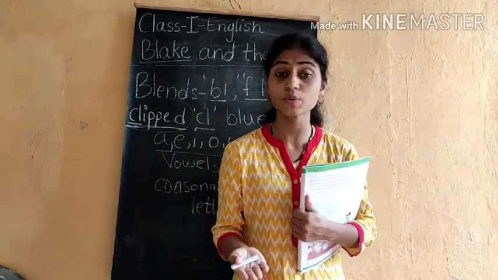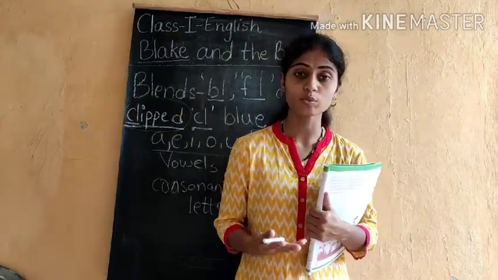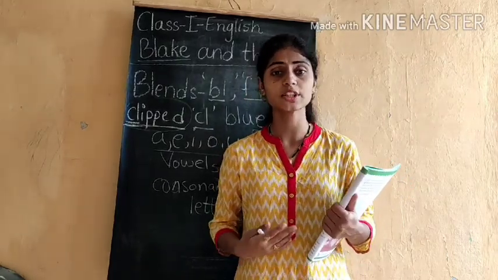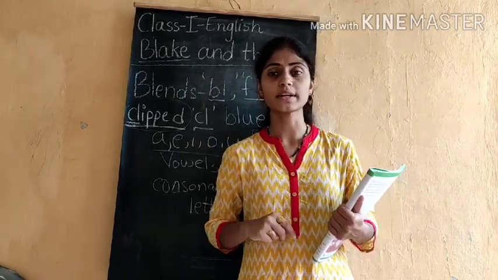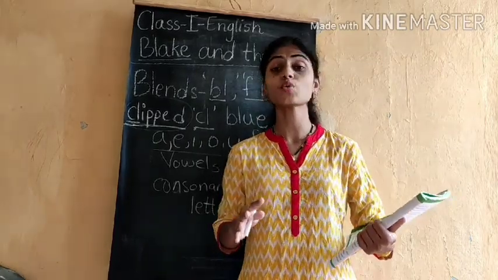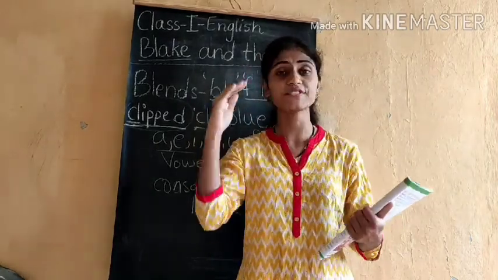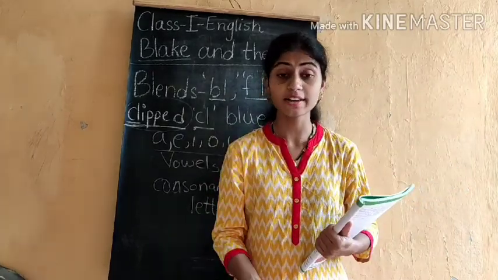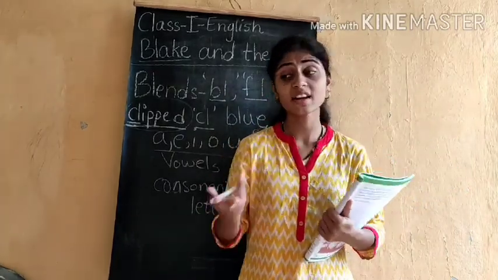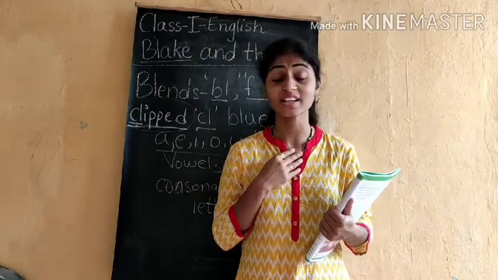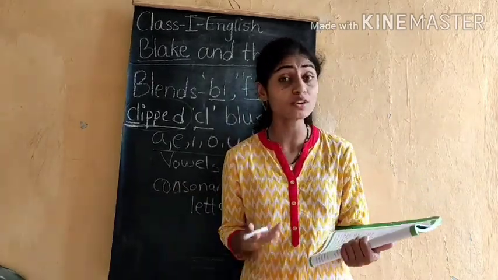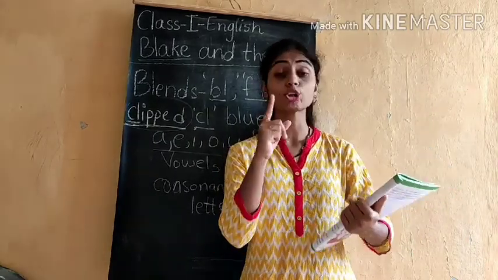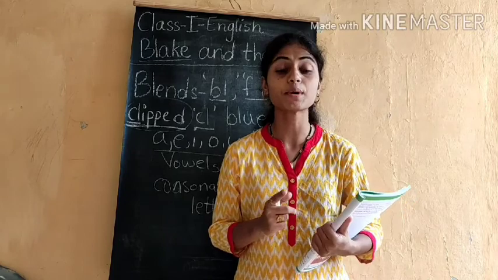Even whenever you are thirsty, you ask your mama to get water, isn't it? Or else you ask your teacher, can I drink water, isn't it? You ask permission and then you drink it. So even here Clive was searching for water, but he couldn't find it. So where can I find some water? Now here Clive is asking Blake, where can I find some water? I am very thirsty. I want to drink water. He asked Blake, but Blake couldn't talk like Clive. Have you ever seen birds talking?